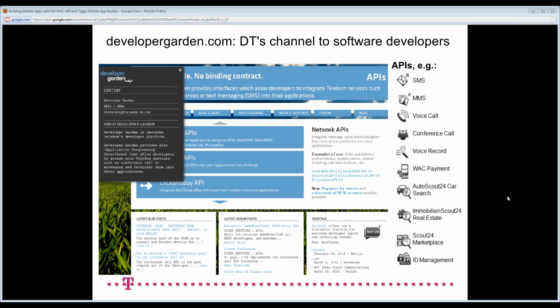What we can provide is listed on the right side. You see the APIs that we have already published, so as of today you can simply access them and use them in your own applications. Those APIs are RESTful APIs, so they are quite easy to access. To make it even easier, we offer SDKs and sample applications, and all of this is brought together at Developer Garden, our channel into the community. What we have today is typical stuff like SMS or MMS services, and things like WAC payment, and this will be one of the major topics